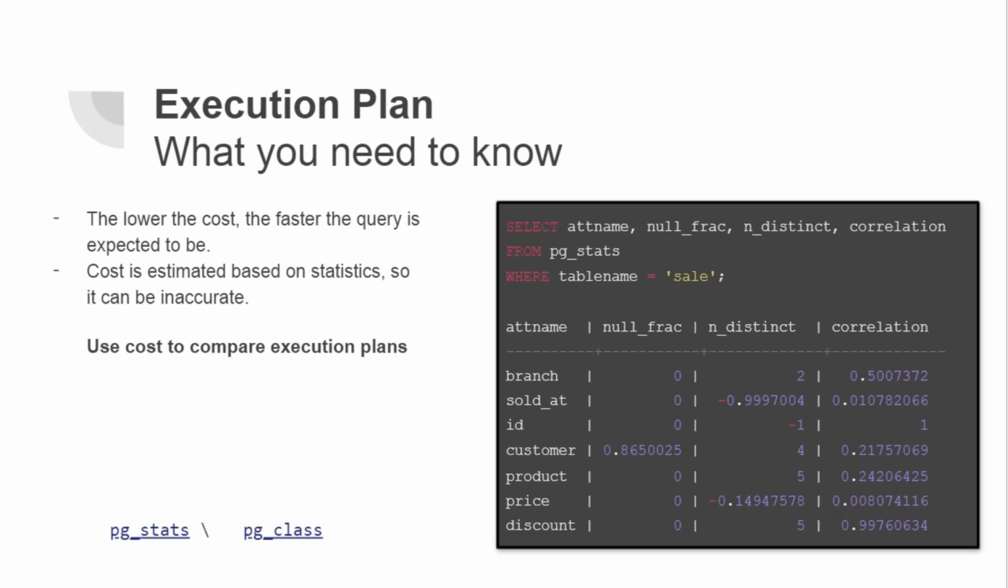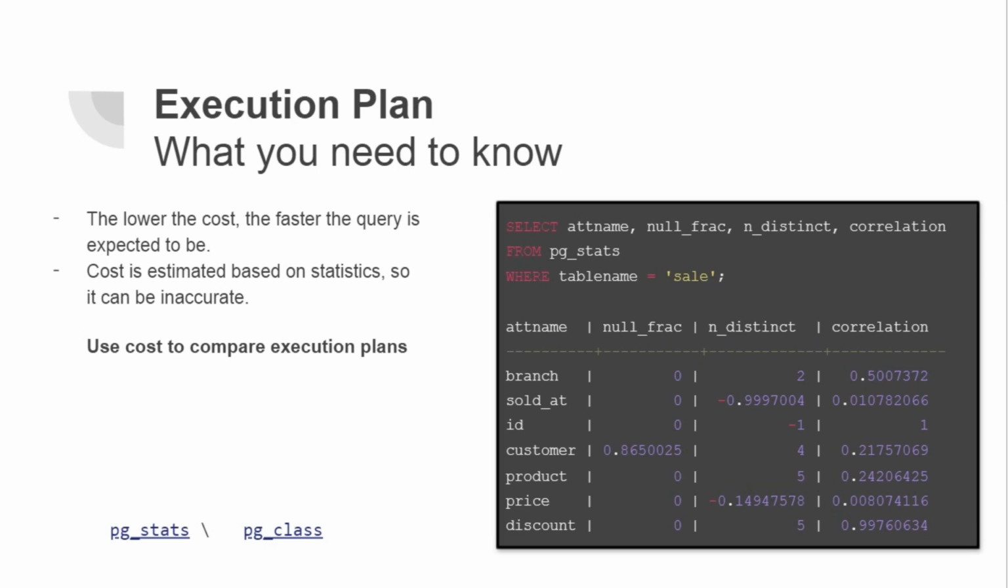For example, nullFrac is the fraction of the table that is null. So you can see that, for example, ID, the nullFrac is 0. This is because this is the primary key and null is not acceptable. So nullFrac is 0. Sold at, branch, and price are also all 0 because the database analyzed the data and it saw that these fields do not have null values. However, if you look at the customer, you'll see that the database estimates that 86% of the values in this